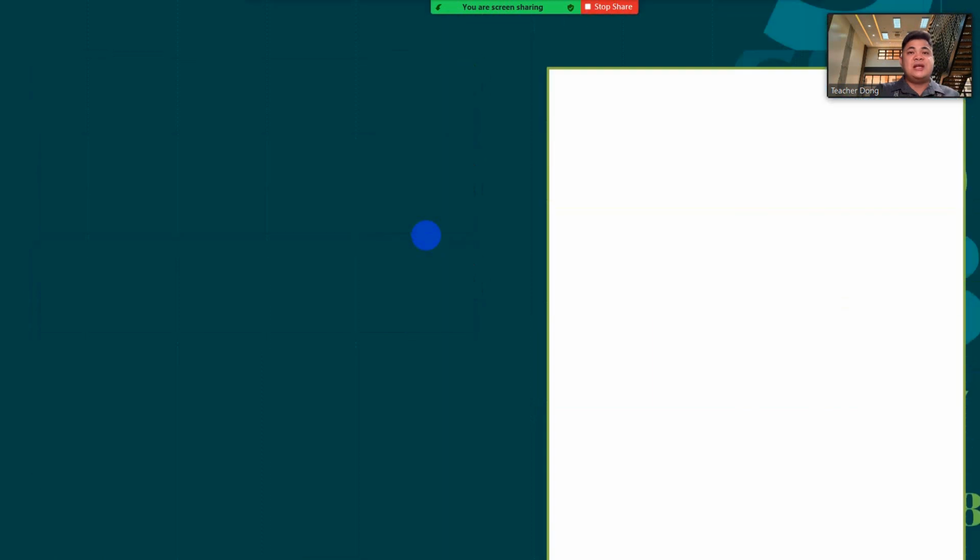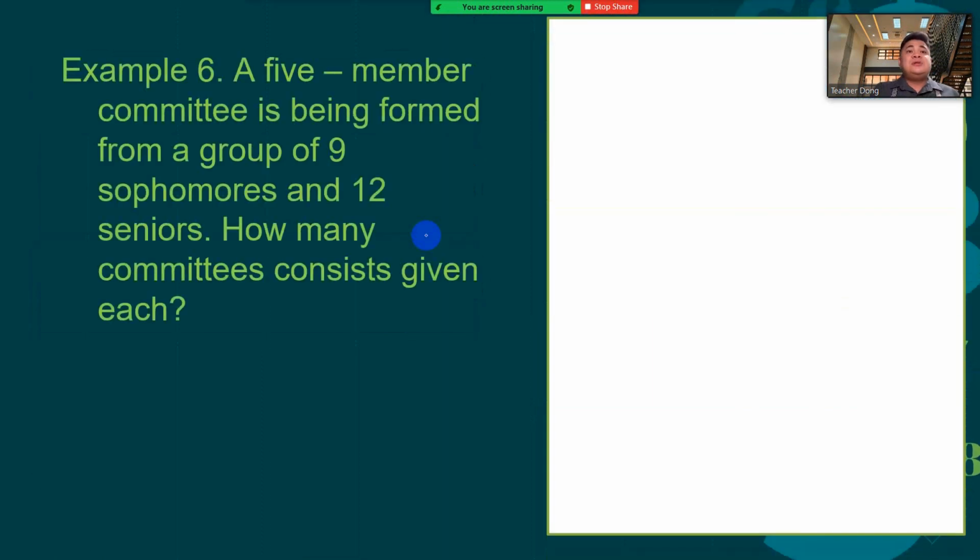Generally, the solution goes like this. Alright, so let's have number 6. A 5-member committee is being formed from a group of 9 sophomores and 12 seniors. How many committees can be formed given each condition? So A, we have all sophomores. We are forming a 5-member committee, guys. So we have options: a group of 9 sophomores or second year and 12 seniors. So for letter A, the restriction is all sophomores. All the 5-member committee